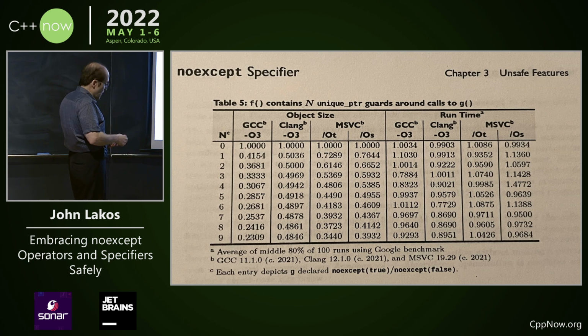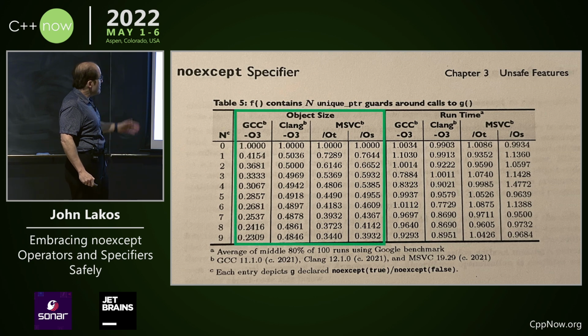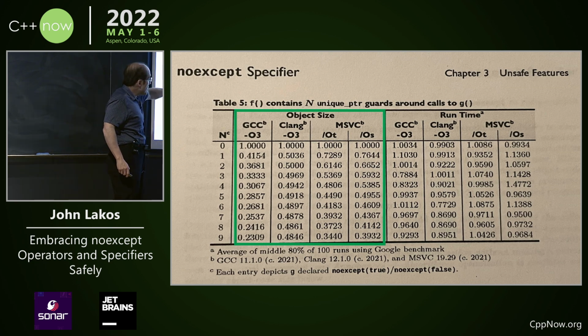Now, look at these numbers. These are object size and runtime. The object size is very compelling. Look at the number of instances of the variables: something that has one instance, two instances, three instances. So the function is changing size, and where it hits the boundaries and what happens inside the computer has a lot of noise. But you can see they're pretty clearly improving. Compared to one, they're getting smaller and smaller. That's a good sign. When you look at runtime over here, though,